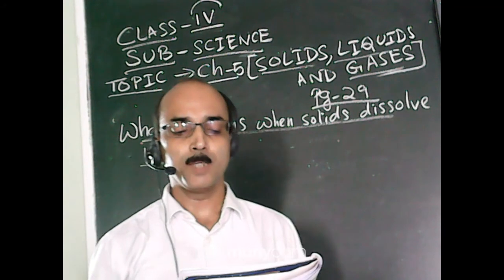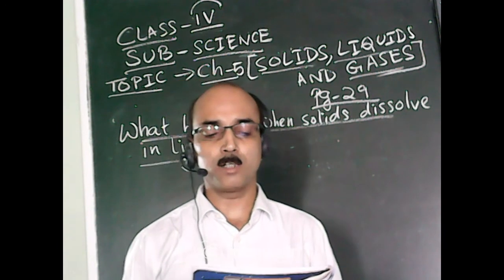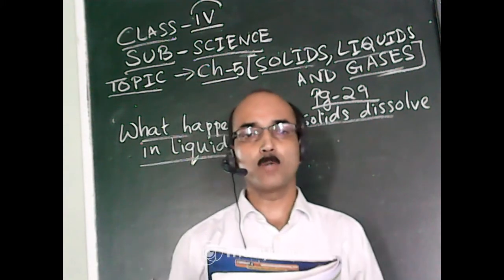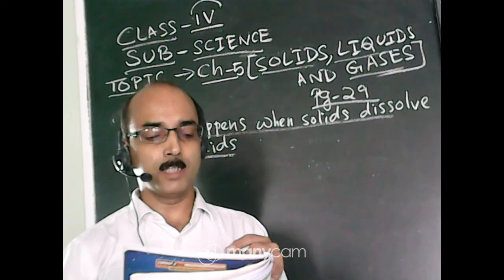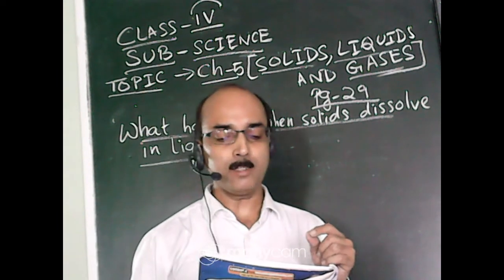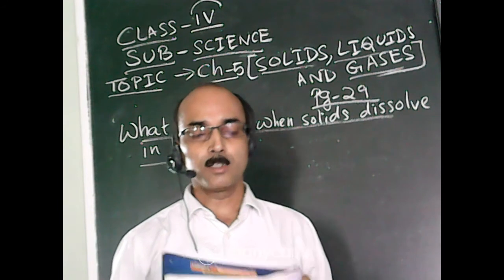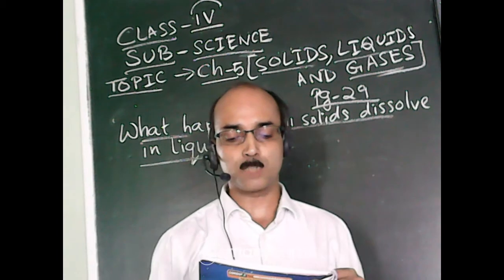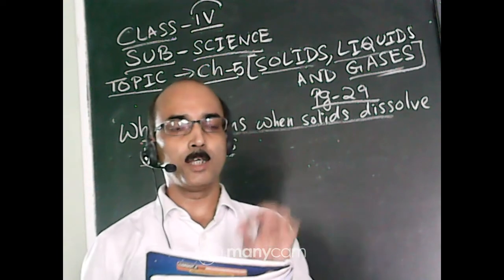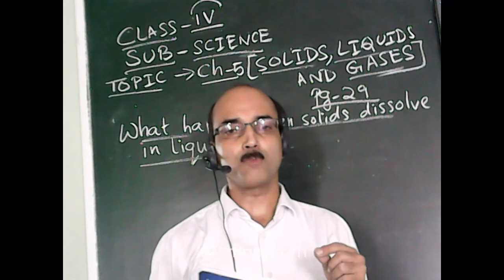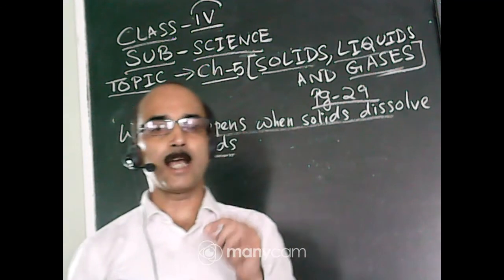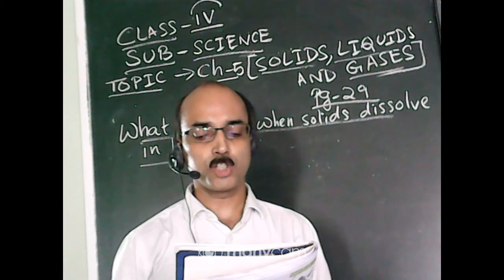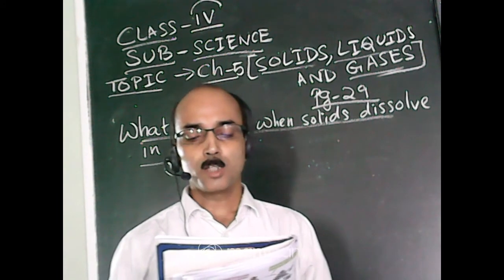It remains the same. This shows that the volume of the water remains the same even after dissolving sugar in it. So at first you take water half filled in the glass, then you mark it with the marker pen, then you dissolve the sugar crystals in the water and stir with the spoon. After that you note down the level of water now. You will find that the level remains the same as before. So the volume of water does not change even after dissolving sugar in it.